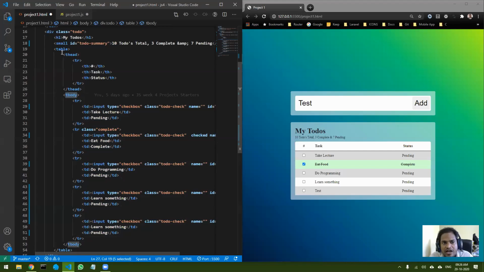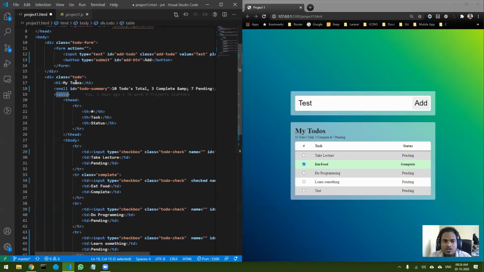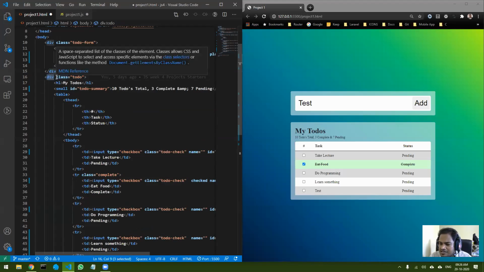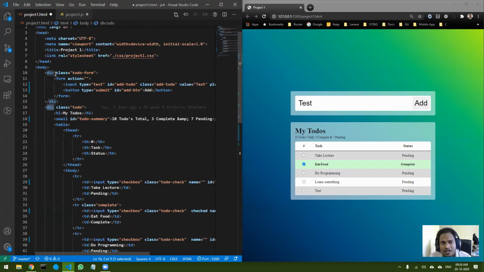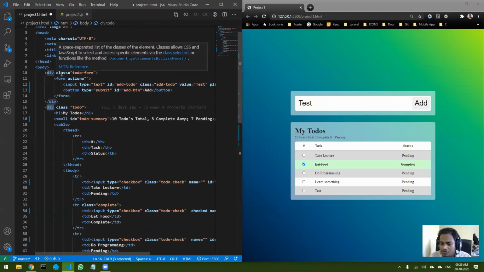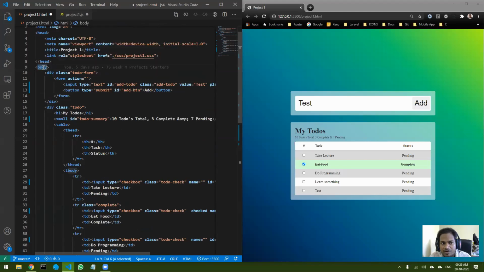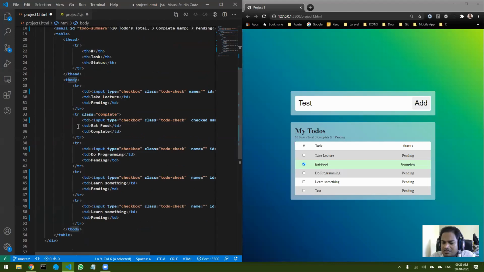You can also attach an event listener to a table because T body is inside table, right? Or you can also attach an event listener to this particular div, which is called to-do. Okay, so to-do div, you can add an event listener to this. Or if you want to be a bit broader, you can attach an event listener to the body also. Okay, so that is how you can work.